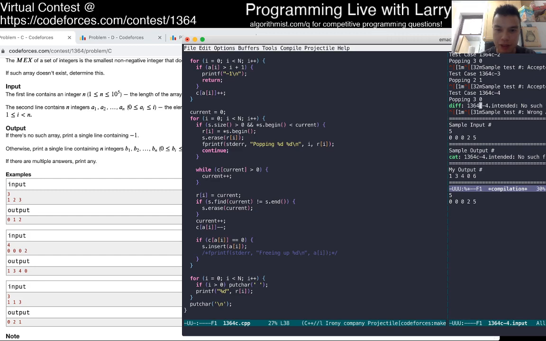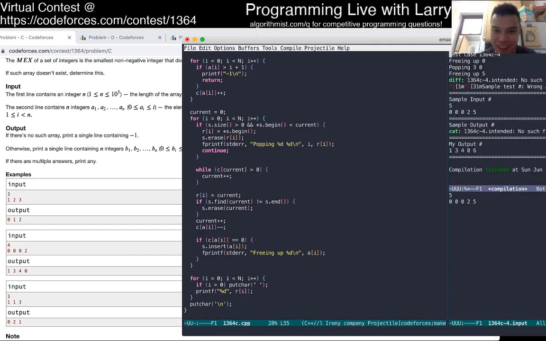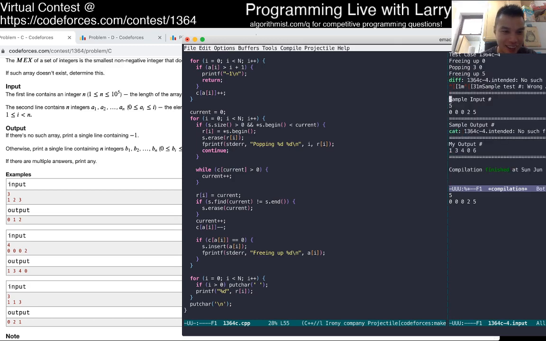Popping the 0, that's good, but this should also be popping the 2, right? Okay, it's both good and bad that it's very easy to find a case where I was wrong, because then I wish that this came up.